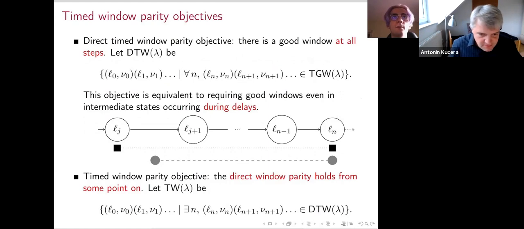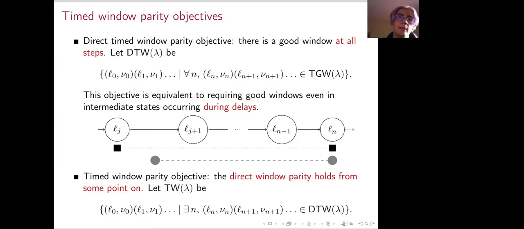From the time good window objective, we can define the direct time window parity objective that requires that there is a good window at all steps. So formally, we simply require that all suffixes of a sequence of states satisfy the time good window objective. This discrete objective is equivalent to requiring good windows even in intermediate states that occur during delays. So, for instance, if we know that the window opened at step Lj closes at step Ln, we can also deduce from this that any window opened in the delay between steps Lj and Lj plus 1 will also close